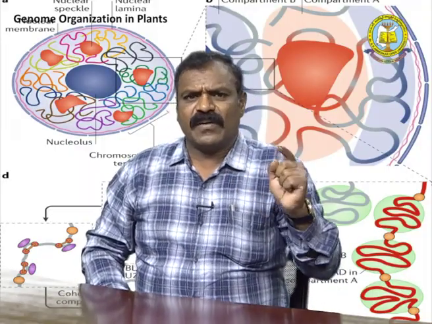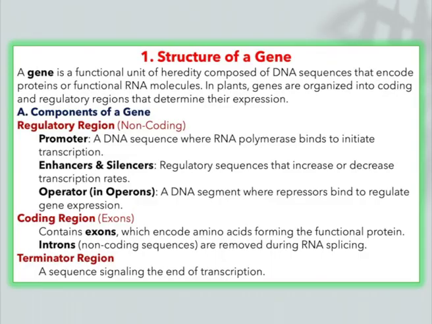Next, the structure of a gene. A gene contains different components: the regulatory region, the coding region and the terminator region. Any gene contains these three regions. The regulatory region, the non-coding region, contains the promoter, enhancer and silencer along with the operator. Then the coding region, which we call exons. The exons are the only coding regions, which encode amino acids, whether essential amino acids or others, forming the functional protein,